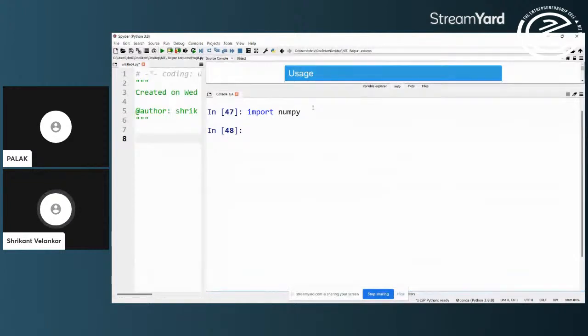Now, for me, it didn't give any error because on my machine I have installed the Anaconda suite. The Anaconda suite has installed Python on my system along with approximately 221 packages from different walks of life. So it has NumPy, Matplotlib, Pandas.